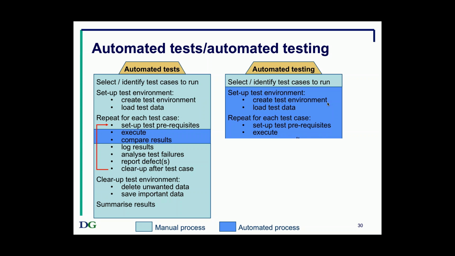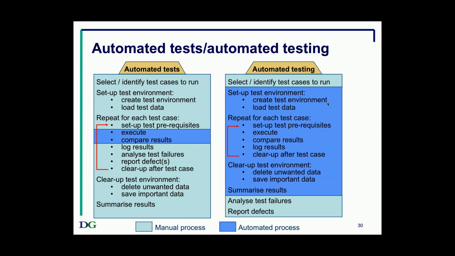A very good point. What we want is to automate as much as possible within the things that we can do. So yes, we still need to select and identify which tests we want to run automatically, but then the environment should be automatically set up. The data should be loaded for each test, and again, we should be able to run more than one test after each other, setting up, executing, comparing results, logging results, clearing up afterwards, and clearing up after a set of tests as well. In our first automation book, we call this the pre- and post-processing. And unless you automate that as well, you're not getting very good benefit from automation. So we want automated testing, not just a few automated tests.